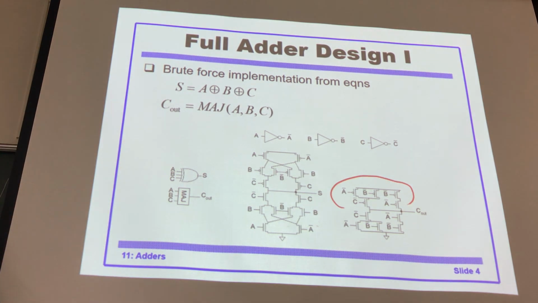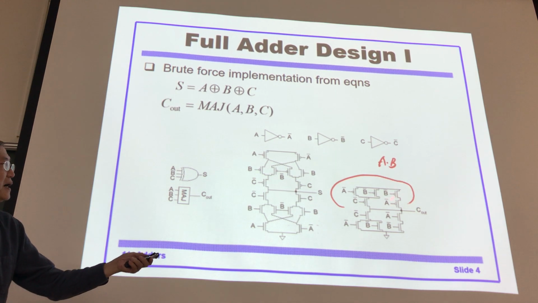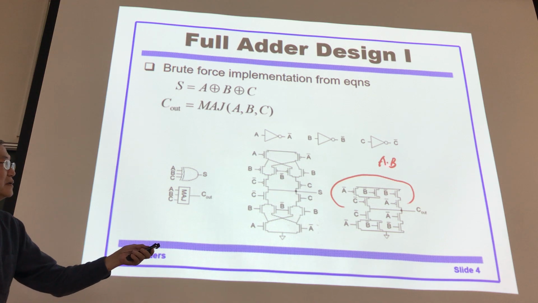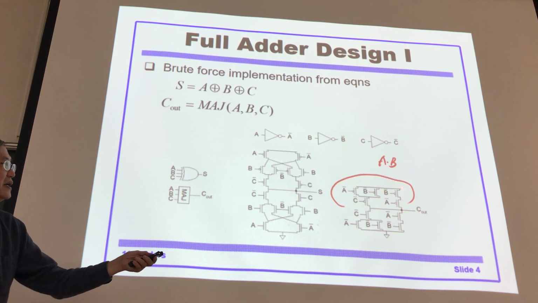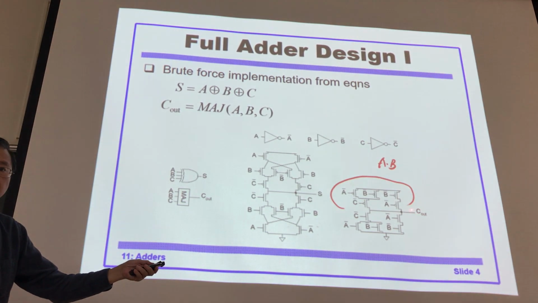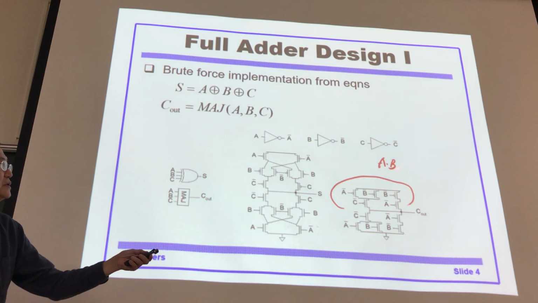So it means that A and B will give you 1. Is that right? Here, this part, A and B. When A and B are 1, you have a connected path, so 1 will go to the output. And in parallel, so all